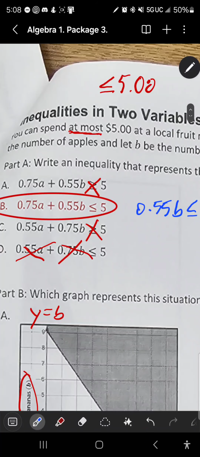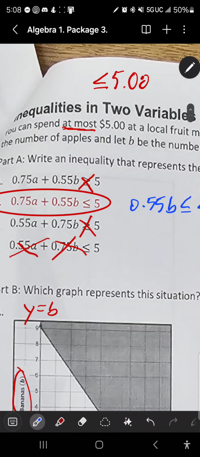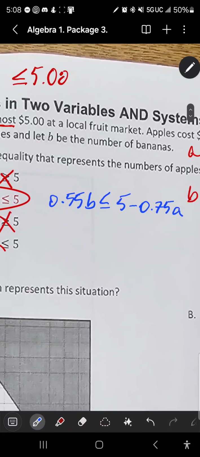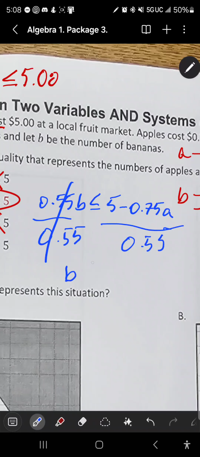Now I'm subtracting 0.75A from both sides, so we cancel out this side, and we get minus 0.75A. Now we're going to divide by 0.55 on each side, so divide by 0.55 and divide by 0.55. So this side cancels out, and we get that B is less than or equal to